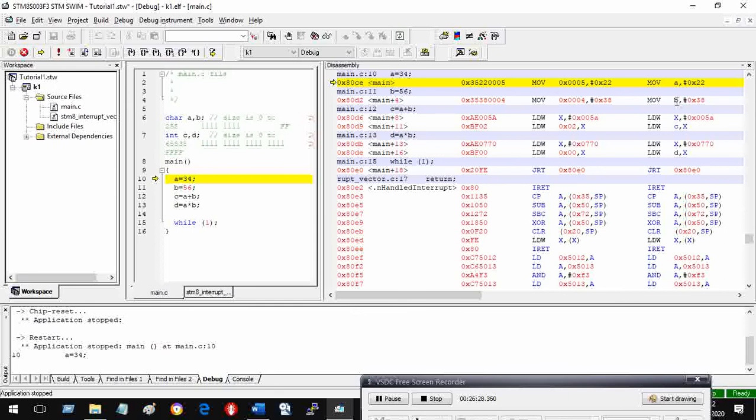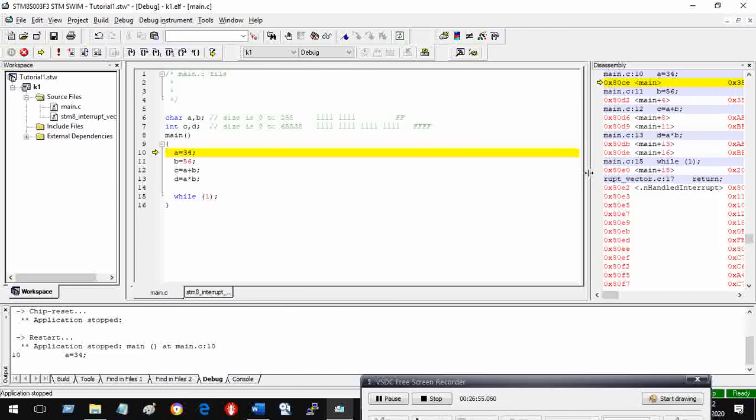Similarly, you see B is in location 4. It requires only 1 byte. So 1 byte has come here. Next byte's address will be 5. So you have something in 4, something in 5. So you get this assembly language statement, which we need not see over and over again until a later stage. So let me remove this, minimize it.